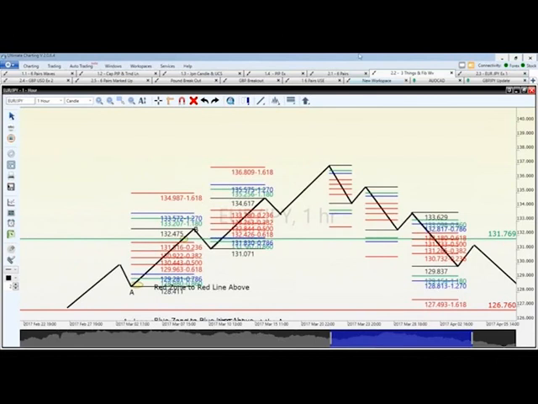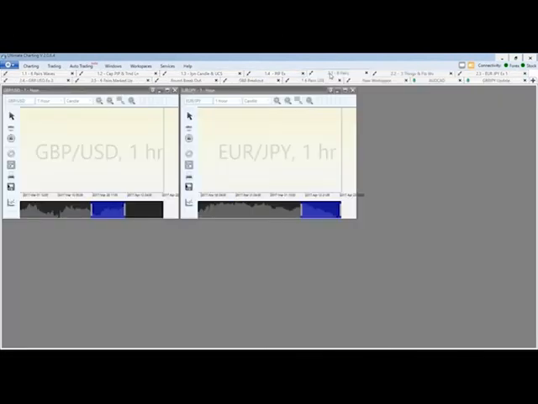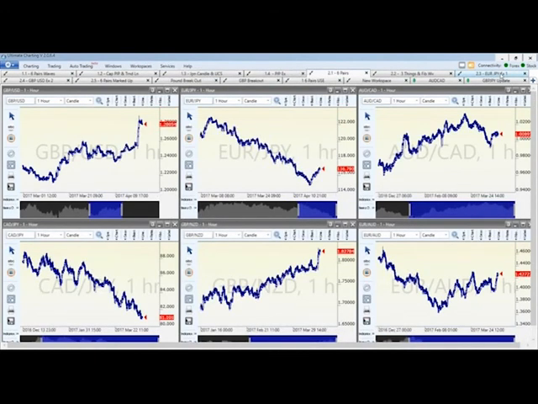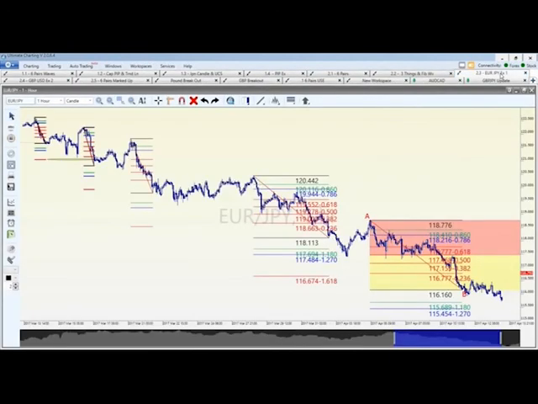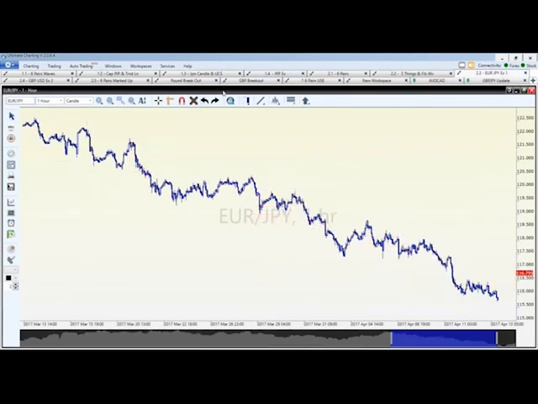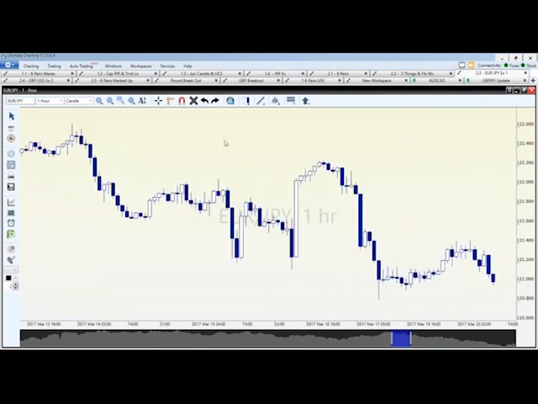Let me just go back to my workspace right here, and I'm gonna pick on, let's say, the Euro and the Japanese yen, okay? Just wanna make sure how I'm doing for time. Okay, so we've got this. I'm gonna clean this up, and we can do this manually if we want to, okay?